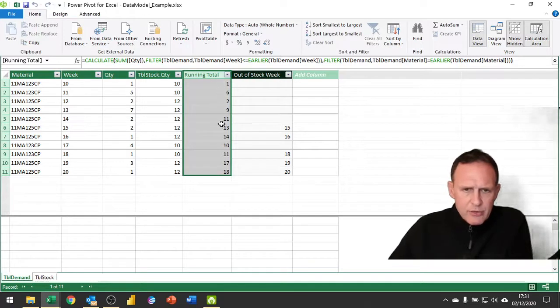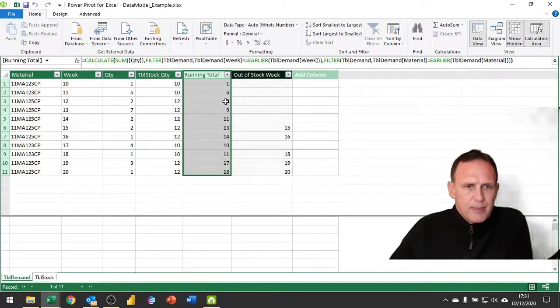That then gives us our running total, and the running total is specific to that particular item number. So if you notice, it goes 1 and then 6, where we have 1 plus 5, but then we have 2, but that's a different product, a different material,